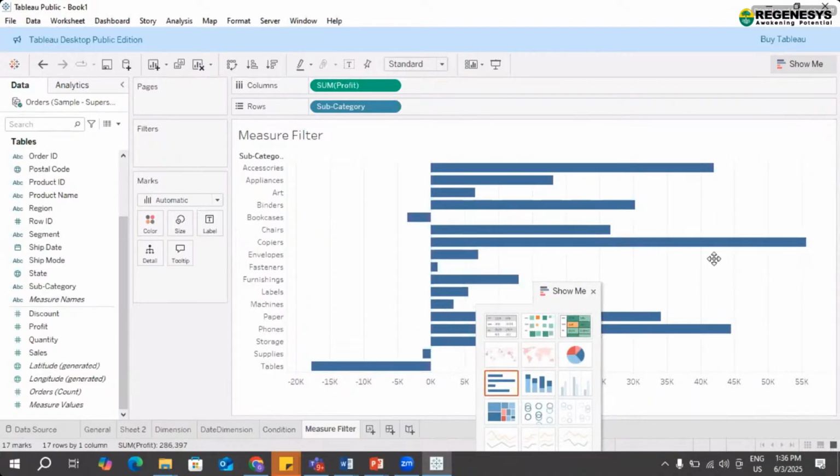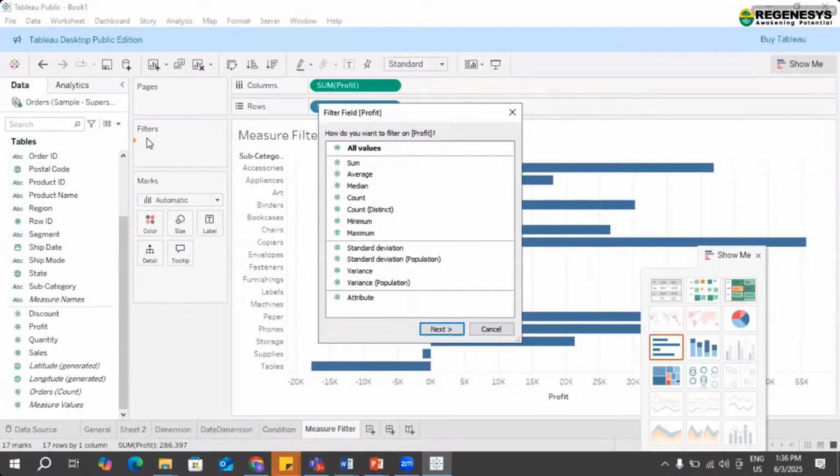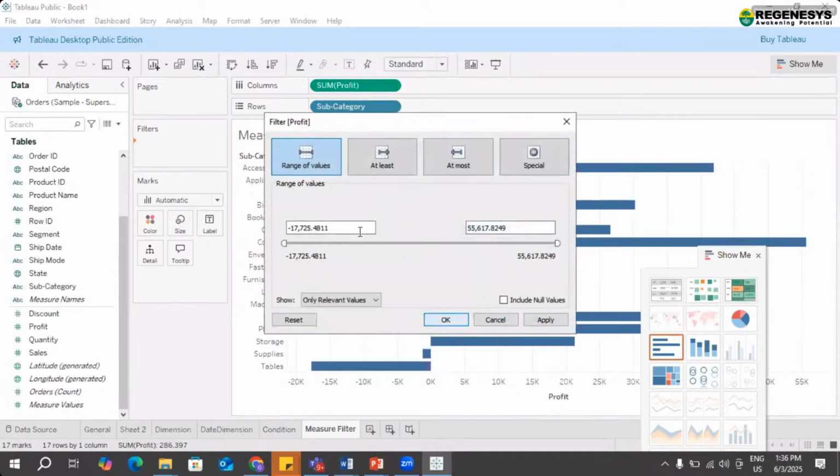So what I am doing is, when I have to apply the filter on any measure, let's say for example on profit, you are using sum, and here I'm getting the value which is minus 17,775 and plus 55,618.